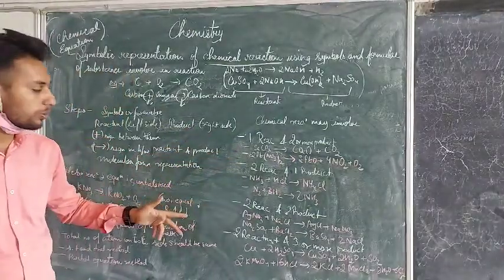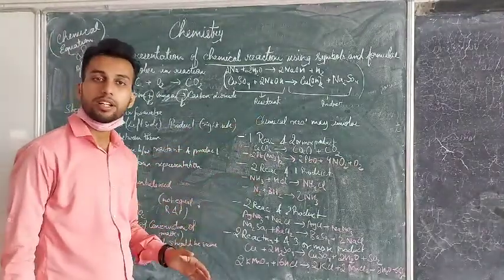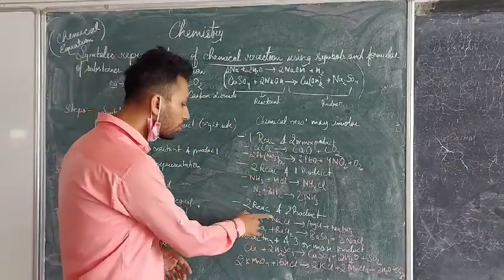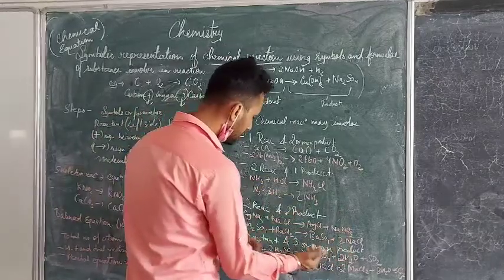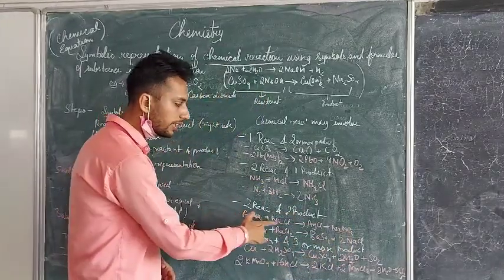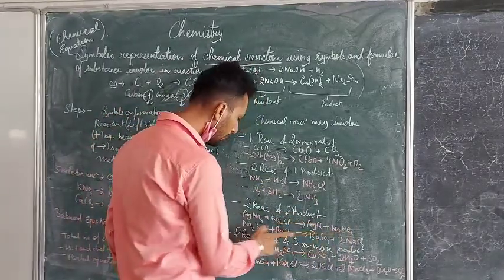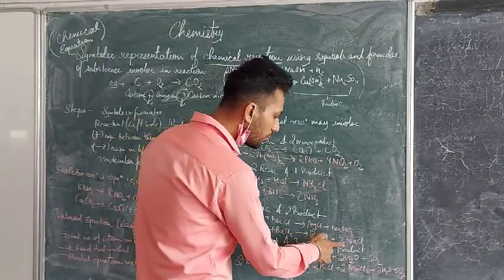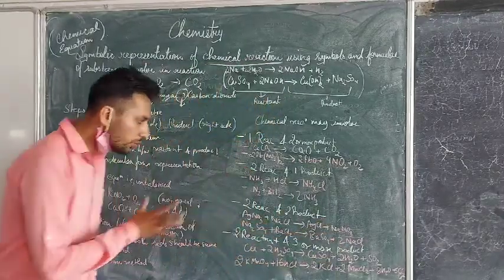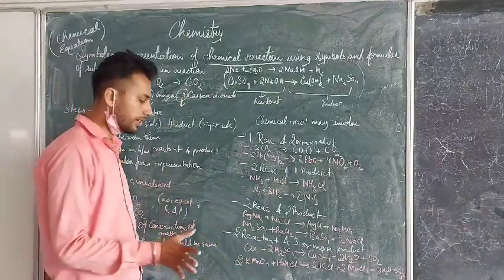Further, coming to the two more subheadings, what type of chemical equation must be there? Two reactants and two products. Here the two reactants as well as the two products are formed. Like AgNO3 and NaCl forming AgCl and NaNO3, and Na2SO4 and BaCl2 forming BaSO4 and 2NaCl. So here two reactants and two products are formed.